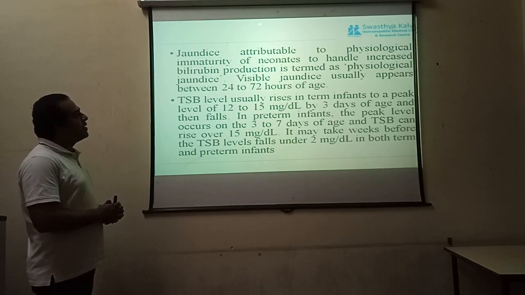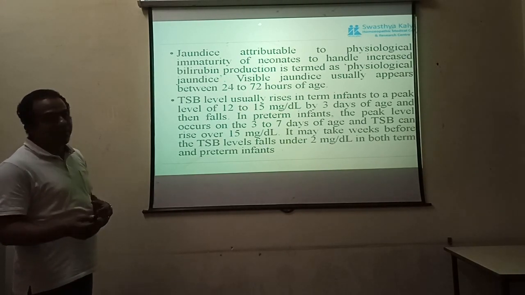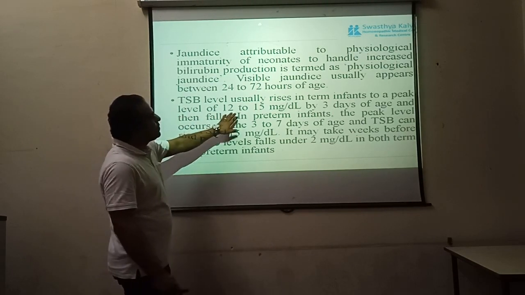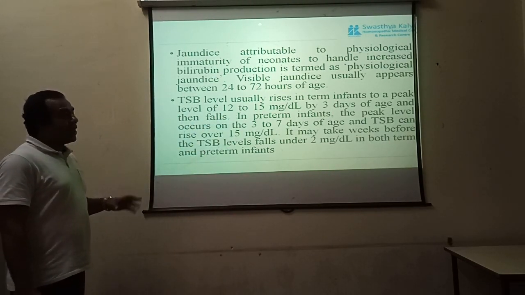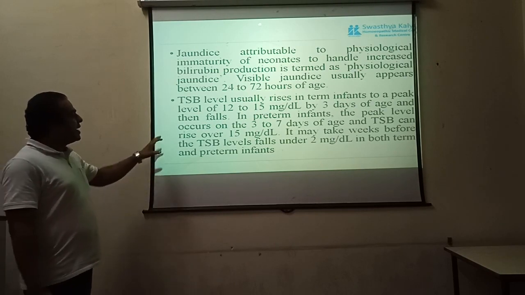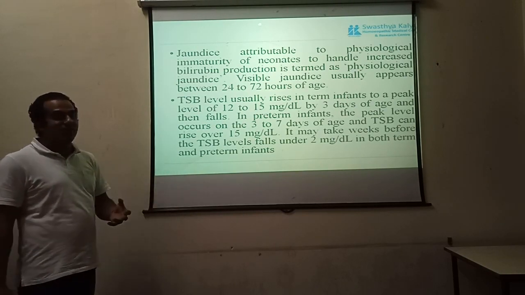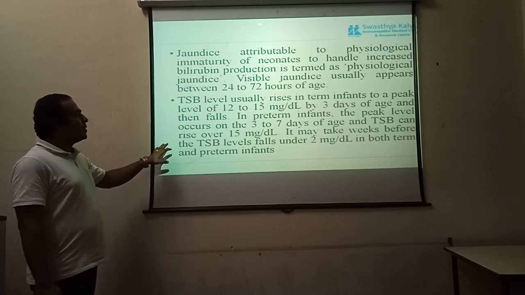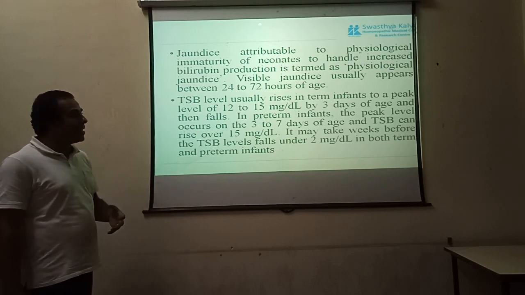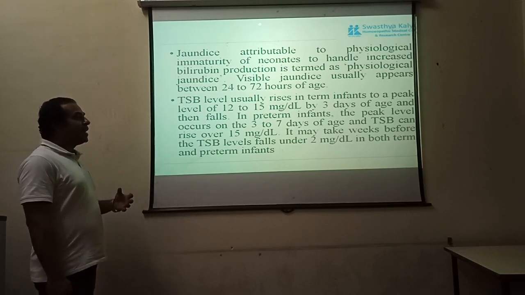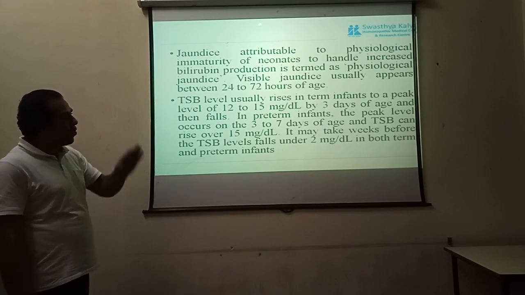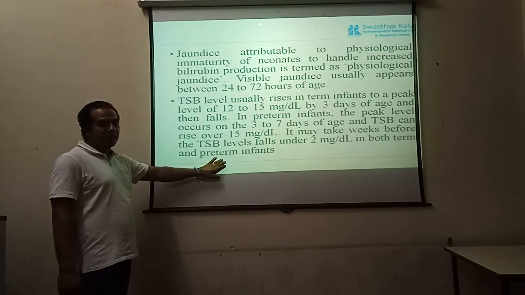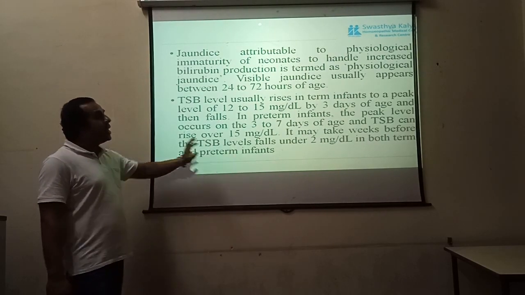Total serum bilirubin level usually rises in term infants to a peak of 12 to 15 milligrams by 3 days of age and then falls. In preterm infants, the peak level occurs at 3 to 7 days of age and total serum bilirubin can rise over 15 milligrams per deciliter. It may take weeks before the total serum bilirubin level falls under 2 milligrams per deciliter of blood in both